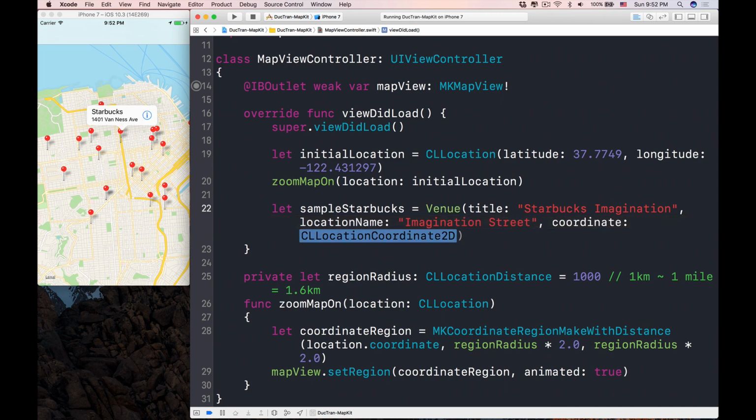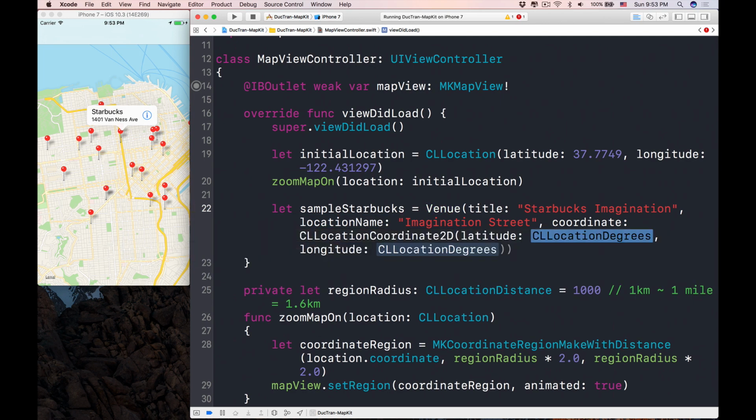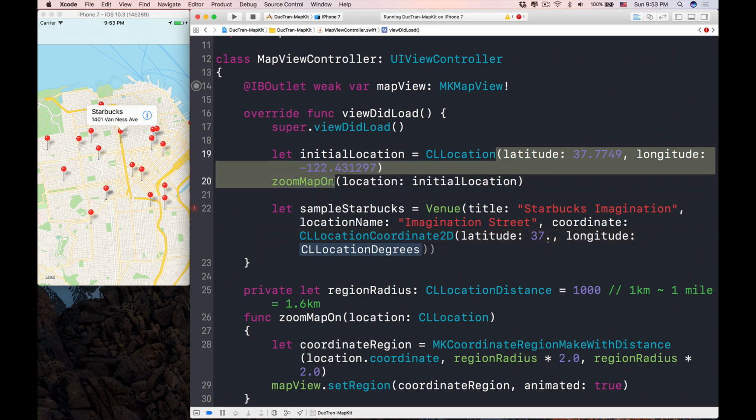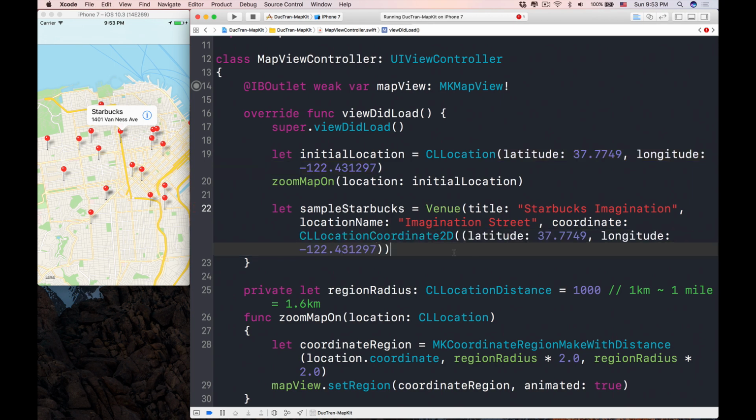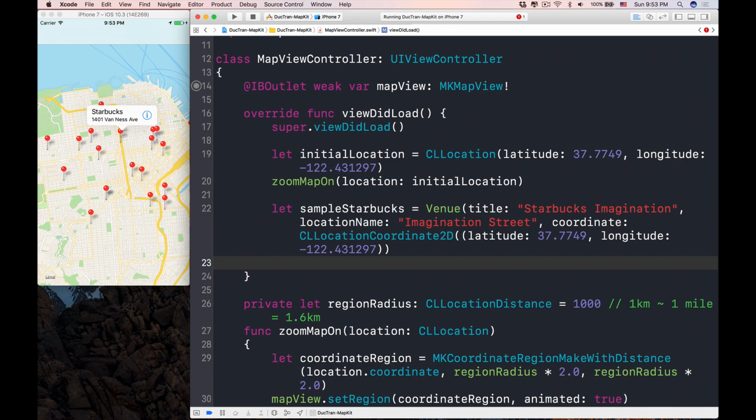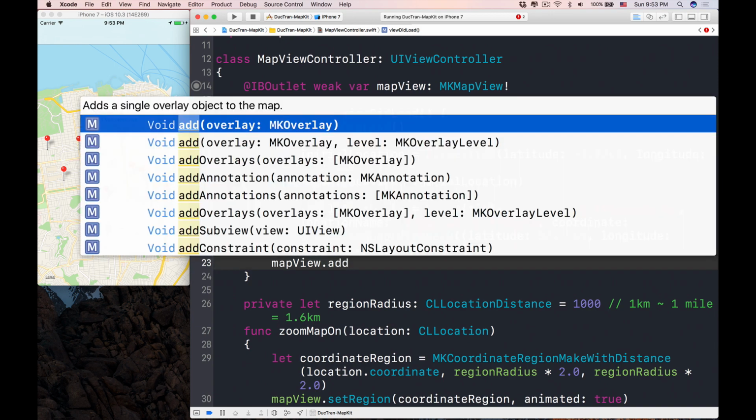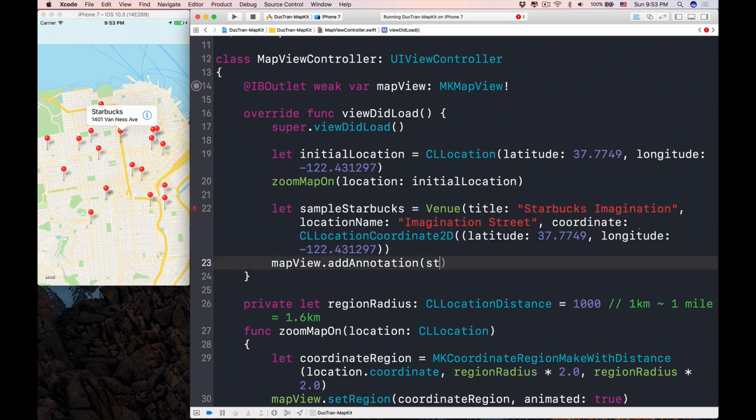The coordinate here, I have some built-in coordinates so that we can see that within the location. So here it is CLLocationCoordinate2D with the latitude and the longitude. The latitude is just a magic number. Oh, you know what? Let's use this guy. Okay, latitude and longitude, let's use the same latitude and longitude. It doesn't matter because we just want to have an example. Cool. Next up, let's call the mapView.addAnnotation, not overlay, and the annotation is